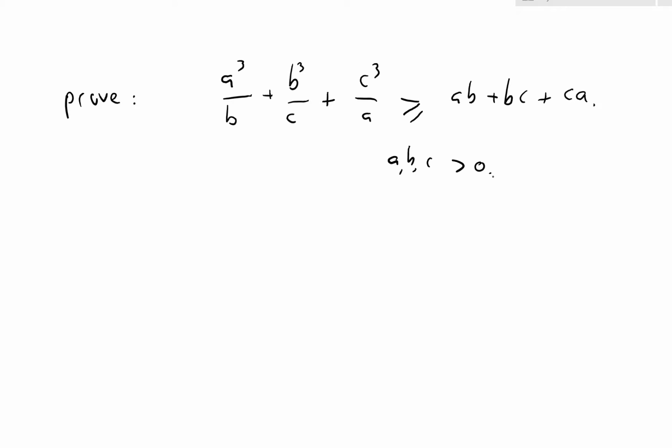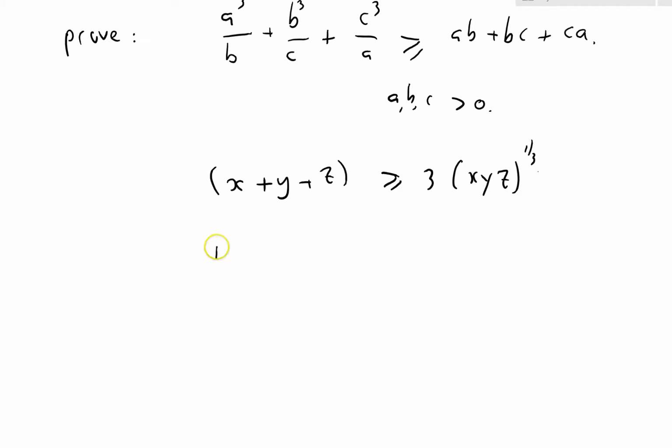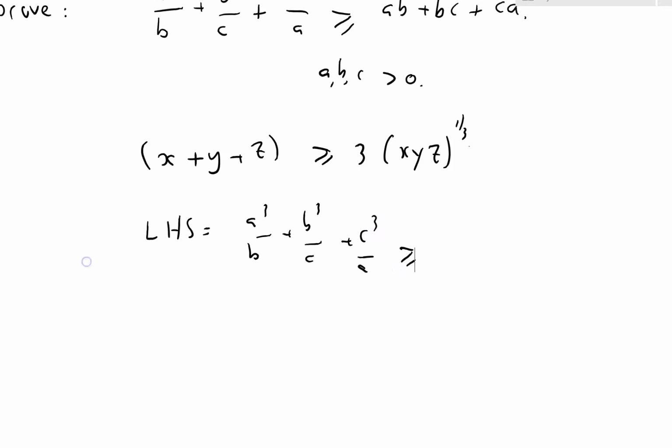But well, let's just apply this. We proved x plus y plus z was greater than or equal to 3 times (xyz) to the 1/3. So let's try that with x, y and z being these guys here. So the left hand side, which equals a cubed over b plus b cubed over c plus c cubed over a, is greater than or equal to